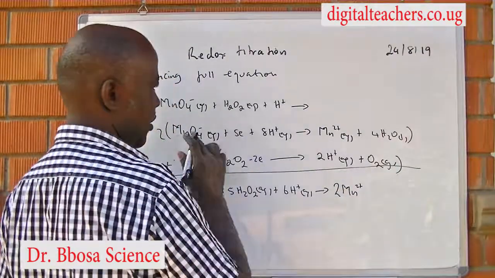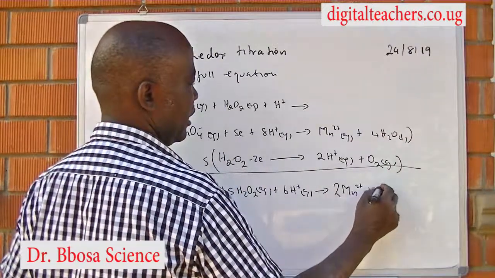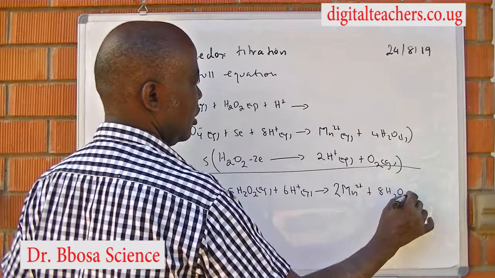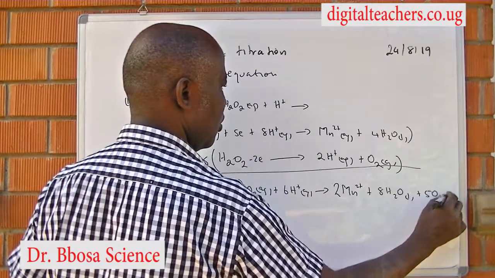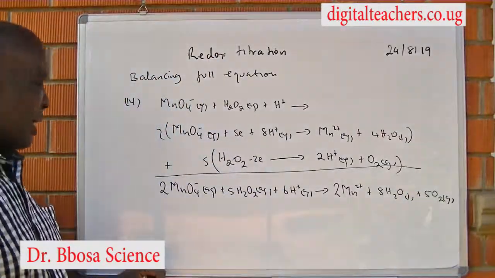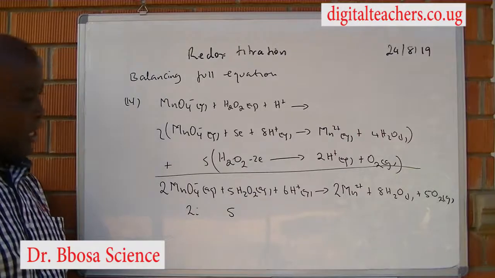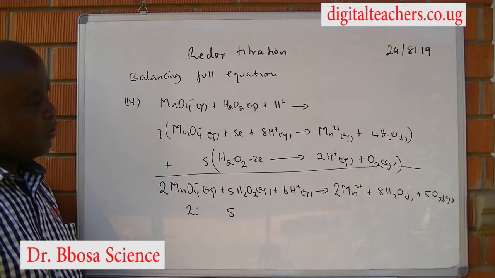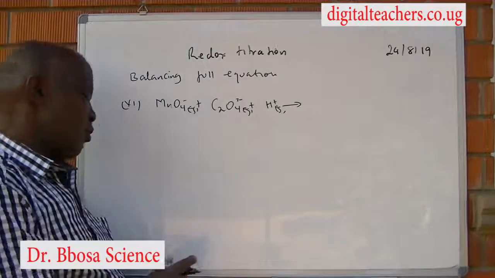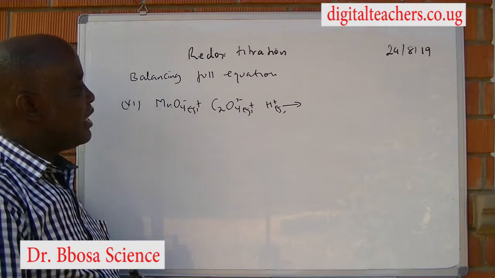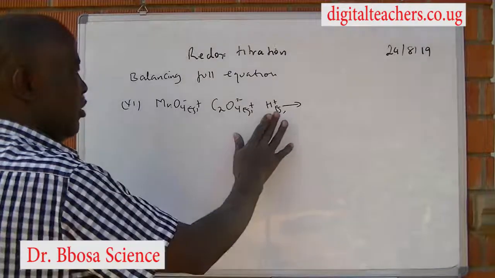2 Mn 2 plus plus 2 times 4, 8 H2O, then plus 5 O2 gas. So permanganate and hydrogen peroxide react in ratio 2 to 5. 6. You may be required to write a full equation between permanganate 7 and oxalate ions in presence of an